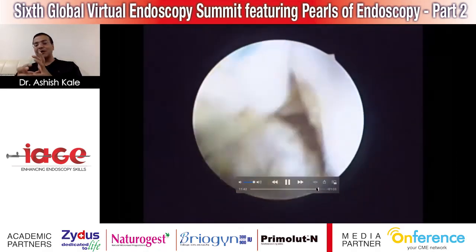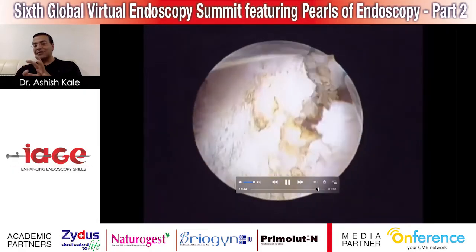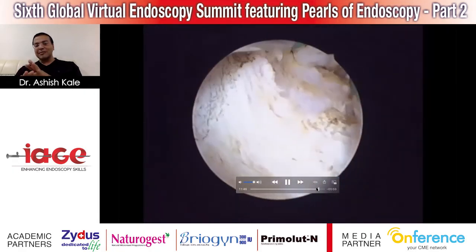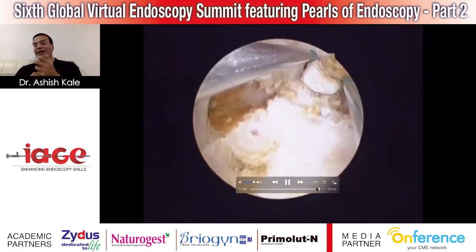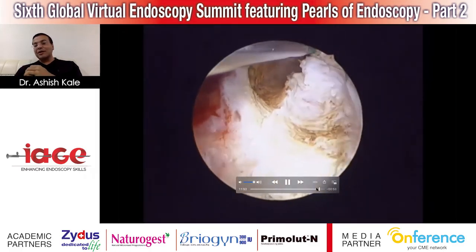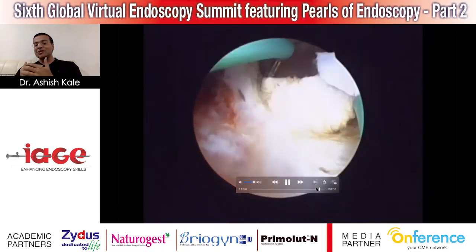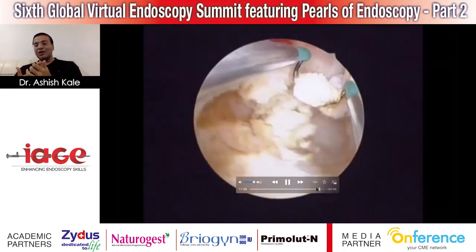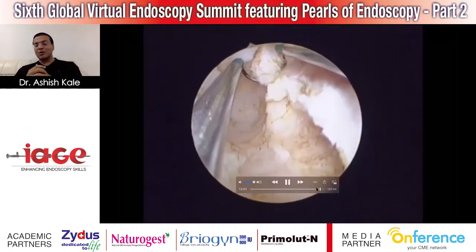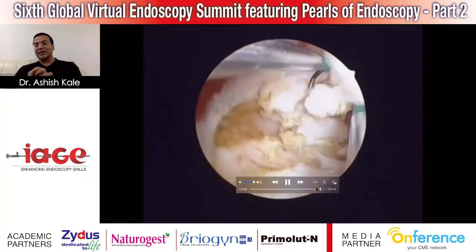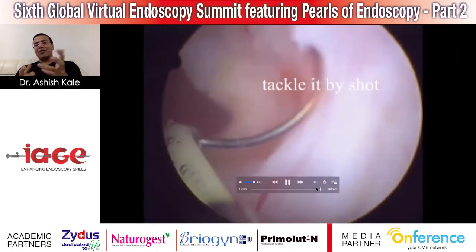You need to understand what the defect of the endometrium is. Even if you are using a bipolar, or for that matter a monopolar resectoscope, you need to understand whether there is too much damage to the underlying endometrium. It is always better to do a relook hysteroscopy, maybe after 1 month or 2 months. And this is the thing I was talking about.